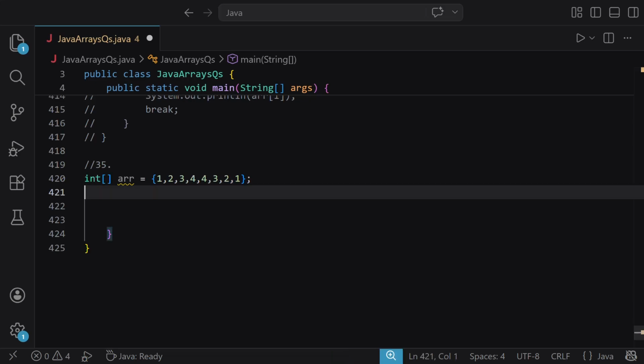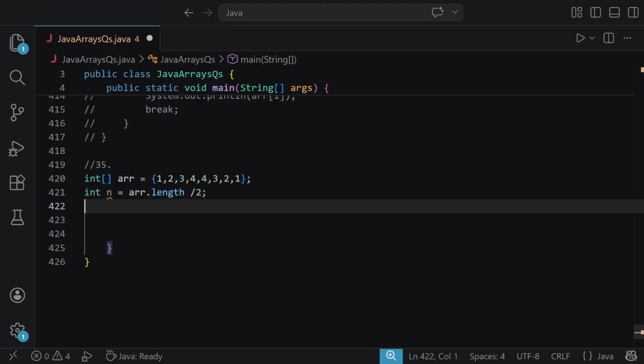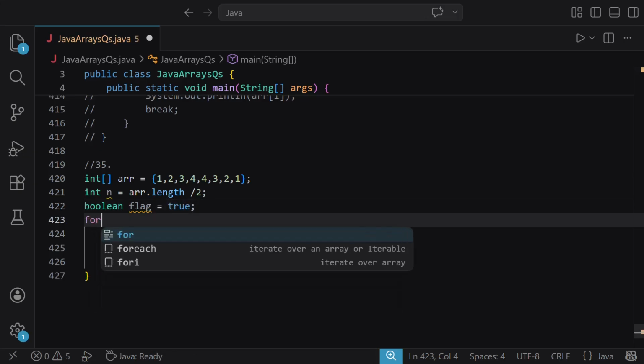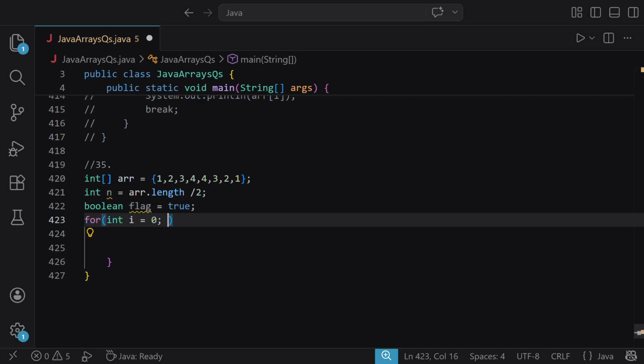So basically we are seeing from the first and the last, if they are same then it's a palindrome, if it's not same then this is not a palindrome. So we first calculate the length divided by 2, then we'll take flag with boolean value true, and in the loop